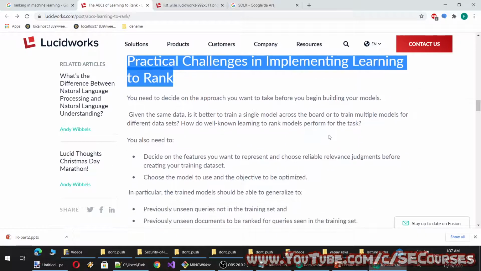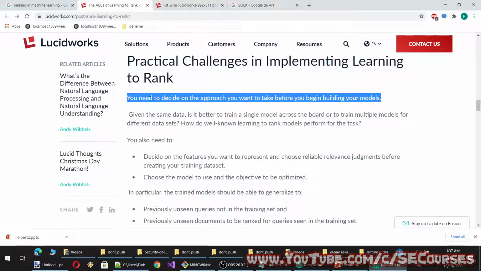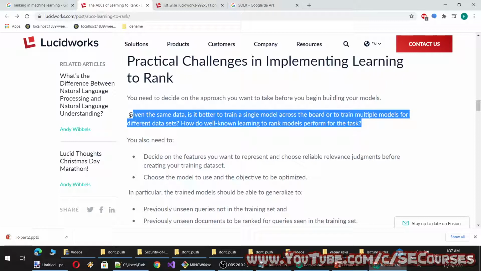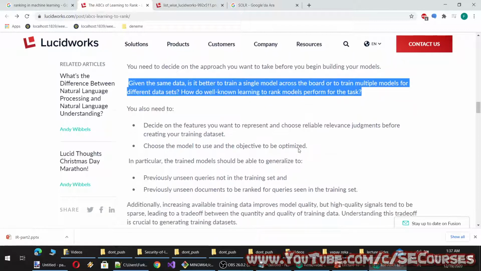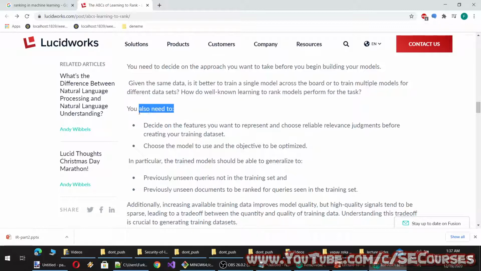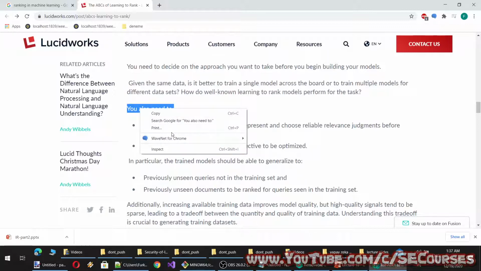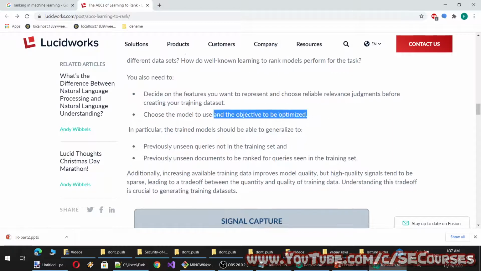Practical challenges in implementing learning to rank. You need to decide on the approach you want to take before you begin building your models. Given the same data, is it better to train a single model across the board or to train multiple models for different data sets? How do well-known learning to rank models perform for the task? You also need to